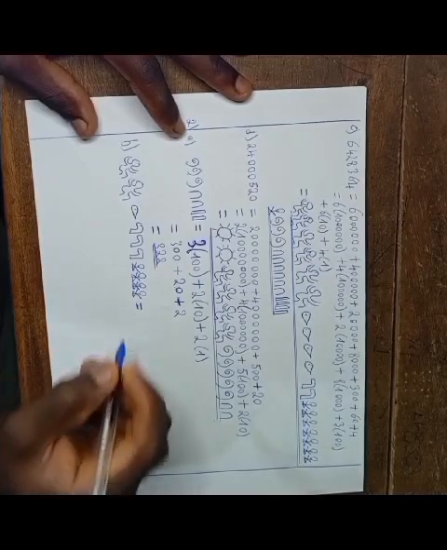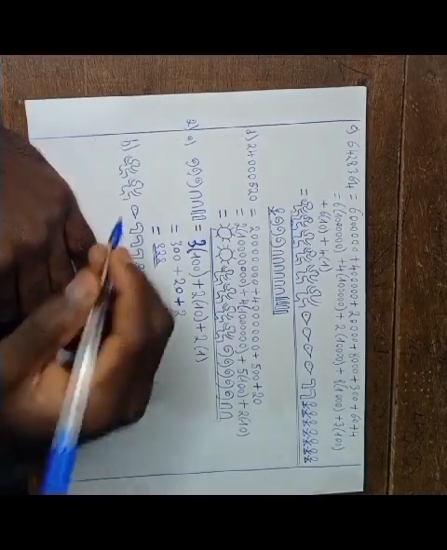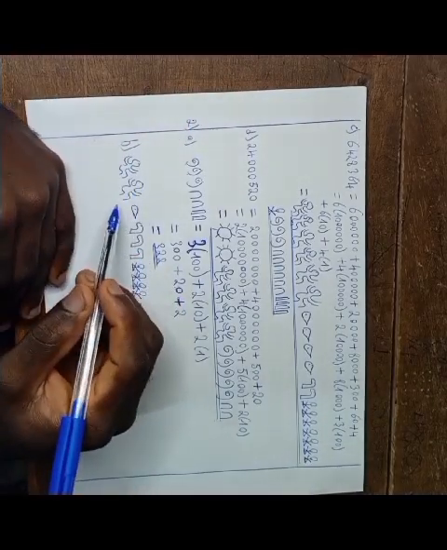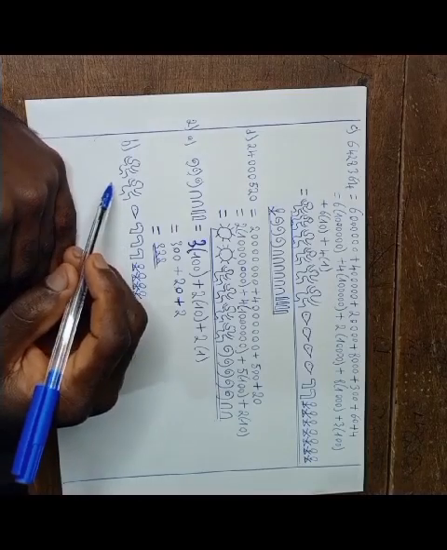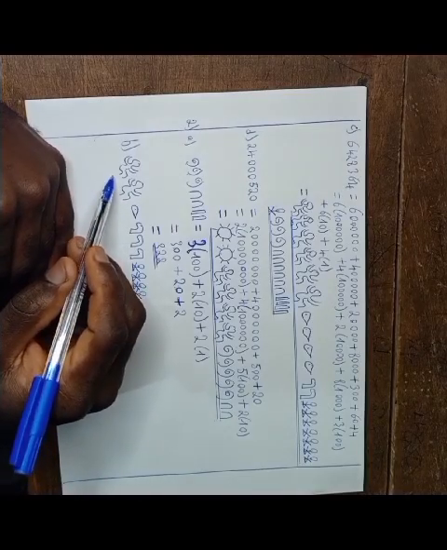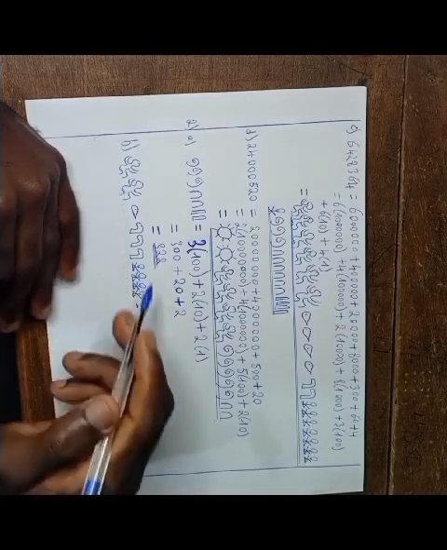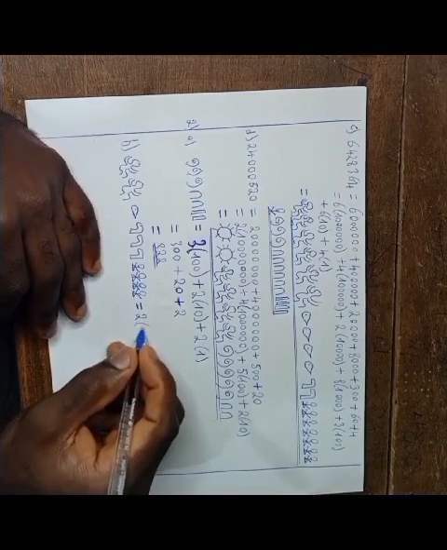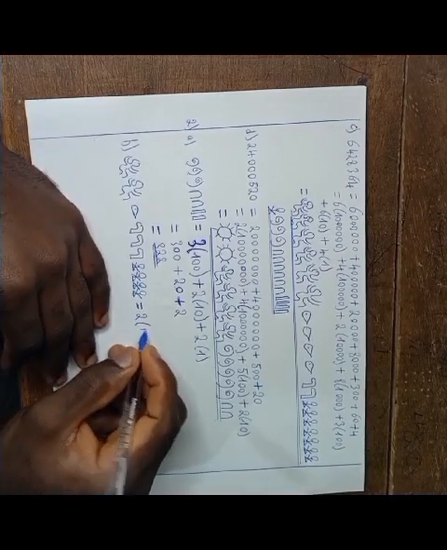This will simply be equal to, start from the first numeral. We have 2 astonishment, so 2 times, we know an astonishment represents the